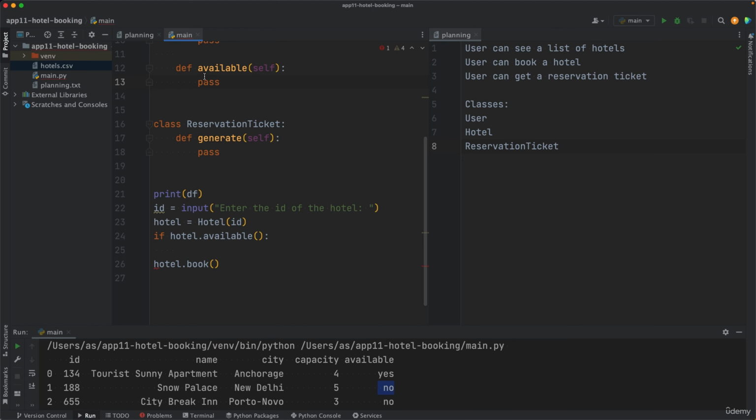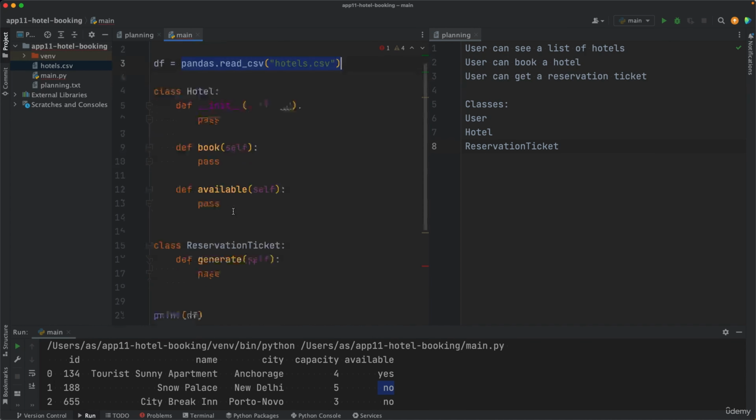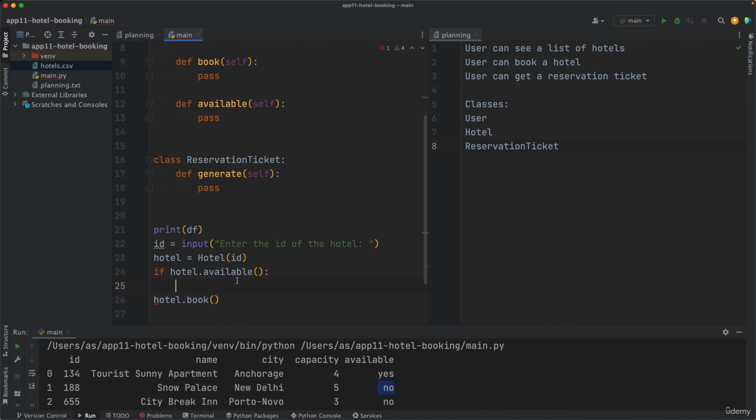So this method is going to return maybe a true boolean data type if the hotel is available. So we're going to check the data frame row for that hotel and return true or false. So if the hotel is available, then we book the hotel, right? Now we don't want to go into further details, for example, adding dates as arguments. You can do that later, but for now let's focus on a minimal product. So once we book the hotel, then we stay here and we say